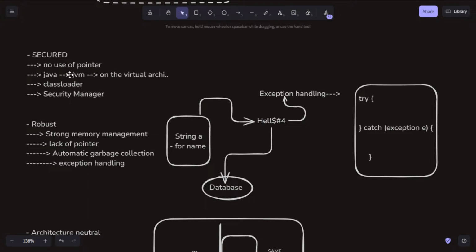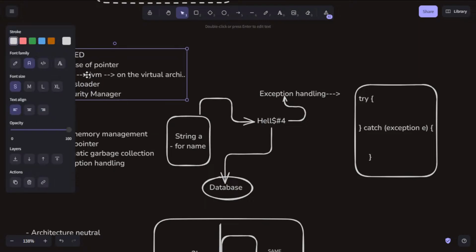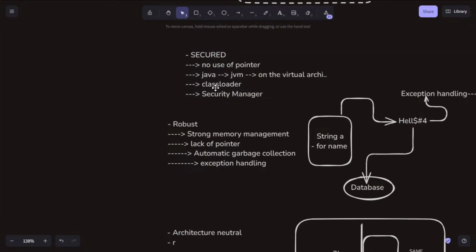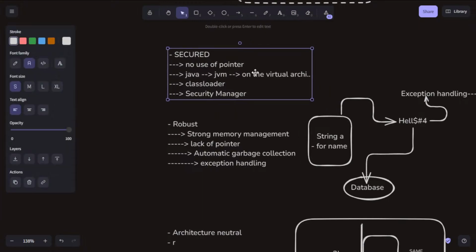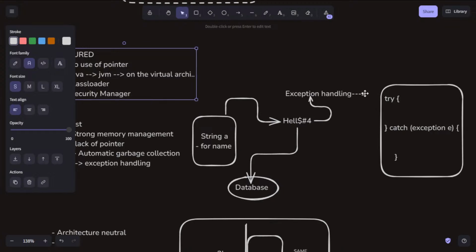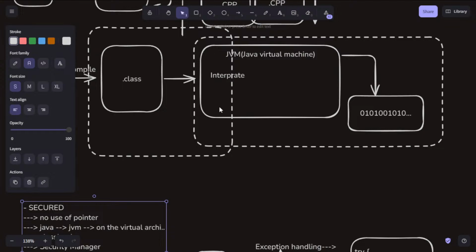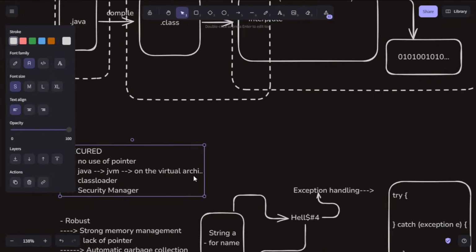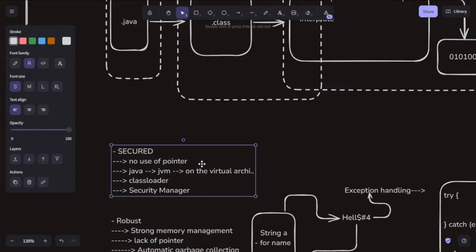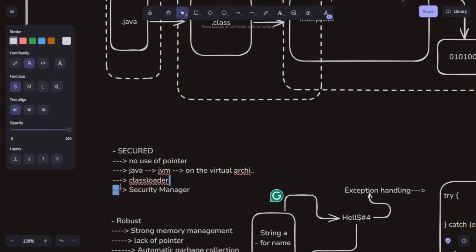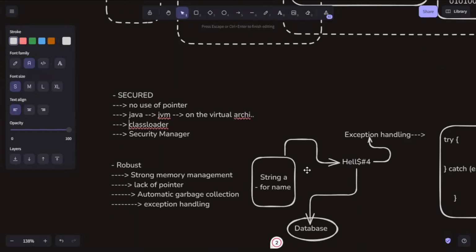And another thing we are going to use is the JVM. The JVM is a virtual architecture that helps hide things like pointers and memory allocation, and the class loading, like static variables and static blocks running before the main method starts.